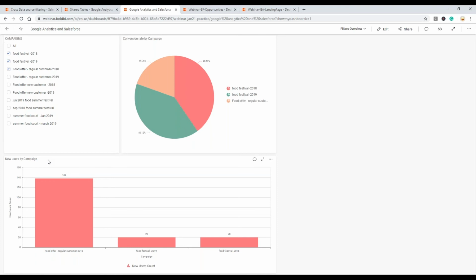Throughout the entire demo, you would have noticed that I haven't written a single line of code, and I haven't bothered about SQL queries as well. It's all about drag and drop, choosing, and once again drag and drop the columns. That's it. Your dashboard is ready and you're able to get the insights so easily.